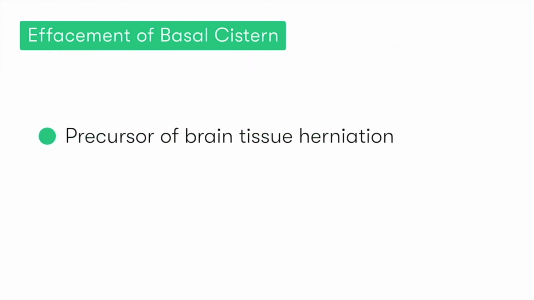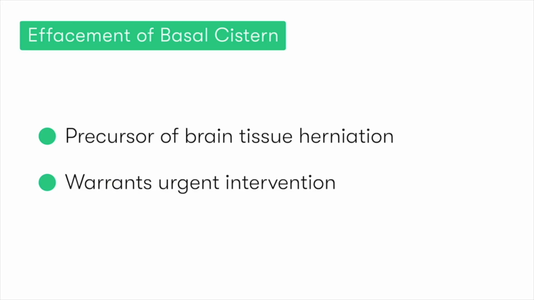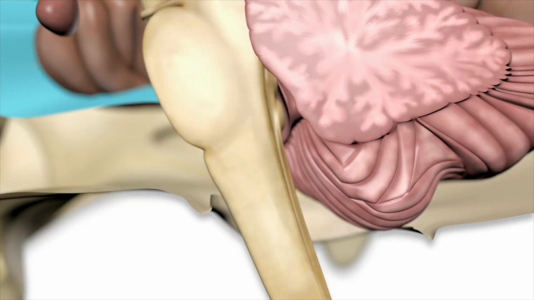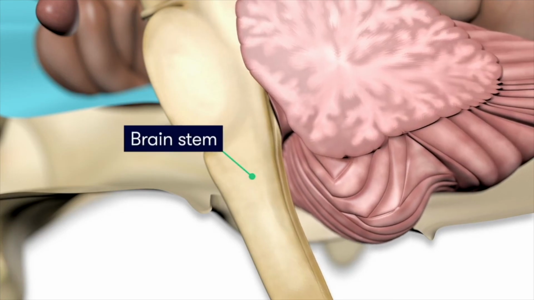As with midline shift, effacement of the basal cisterns is an ominous indicator of elevated intracranial pressure, and one that warns us that if we don't act rapidly and appropriately, brain tissue herniation will follow. In particular, that of the cerebellar tonsils, leading to brainstem death. And we'll be covering the best ways in which we can manage